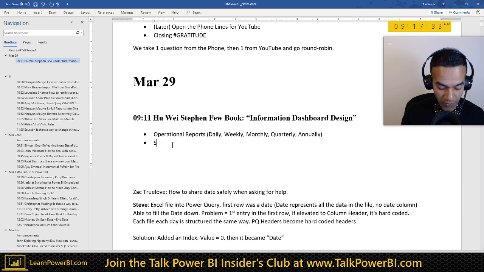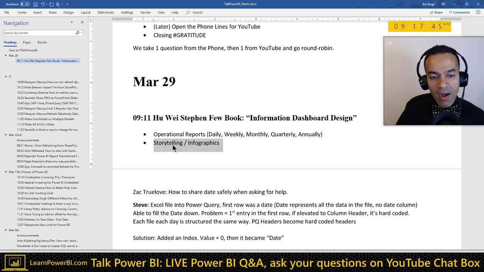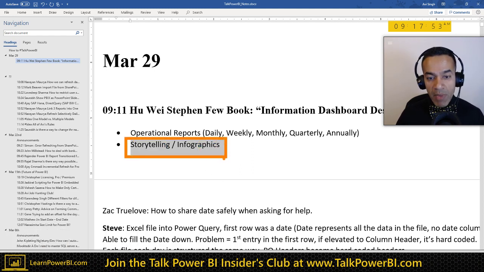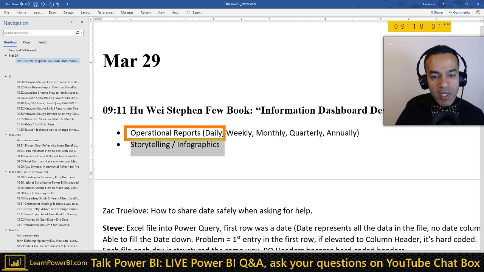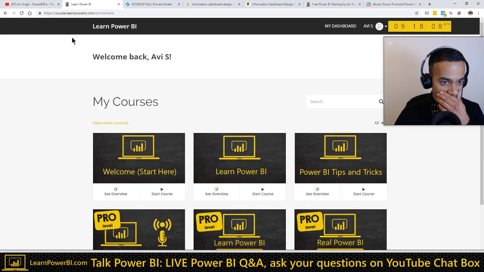There is another form of reporting, storytelling. Infographics is also storytelling, right? I think infographics is one way of storytelling. It's a subset of that. And we often see this in the media, and it looks beautiful, right? Gosh, I'm stunned. I'm like, whoa, this is amazing. And we try to emulate that. But the mistake we make is we're not really storytelling. We're building operational reports most of the time. So again, there's a big difference. For instance, inside my course, I talk about visualization.